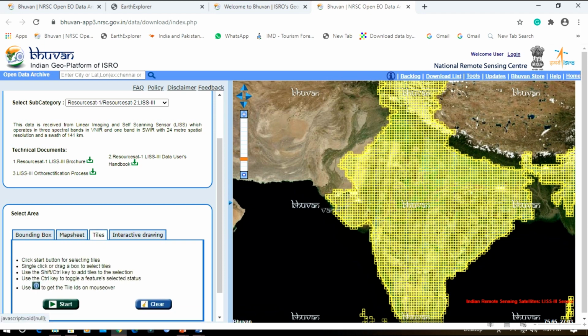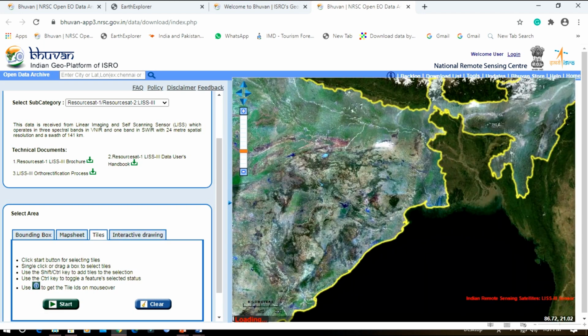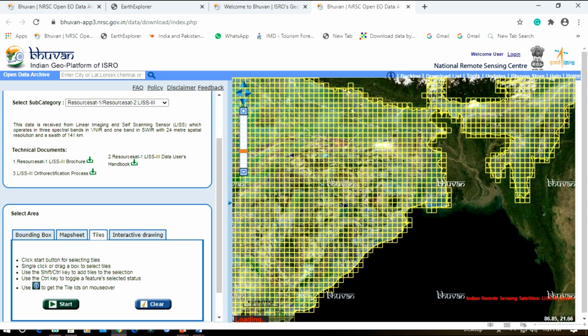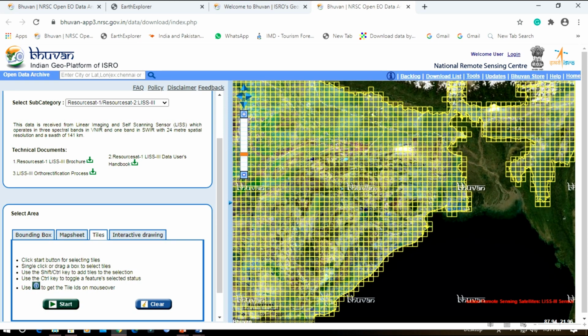Then you find the particular area where it is open. Then you click on particular tiles, select them, and then you can easily download the data.